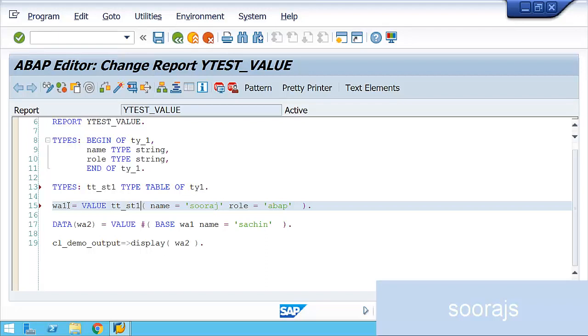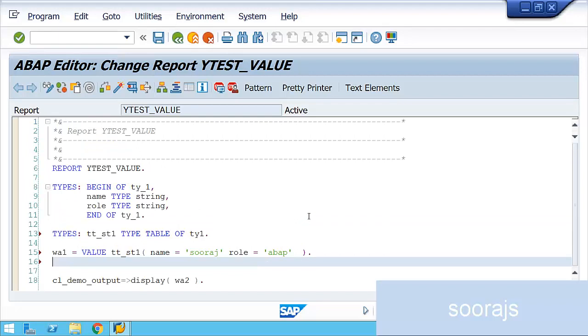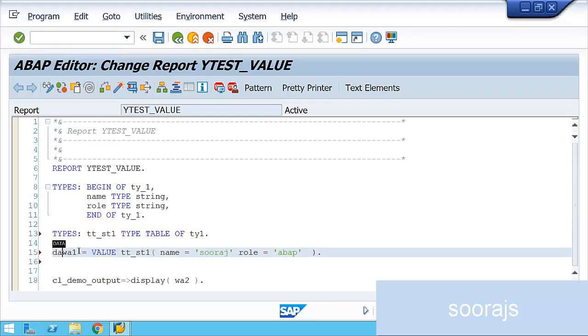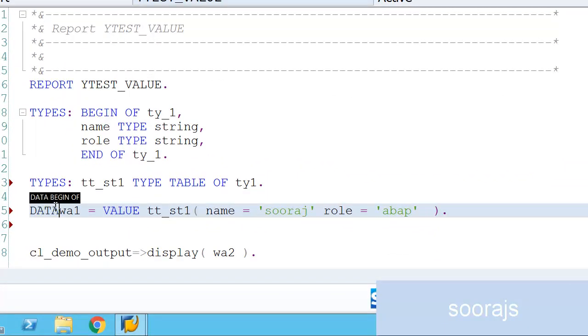I'll just remove this for the time being, and I'll place the inline declaration because I've not declared it explicitly somewhere. So I'll say data itab1 equal to value tt_st1.